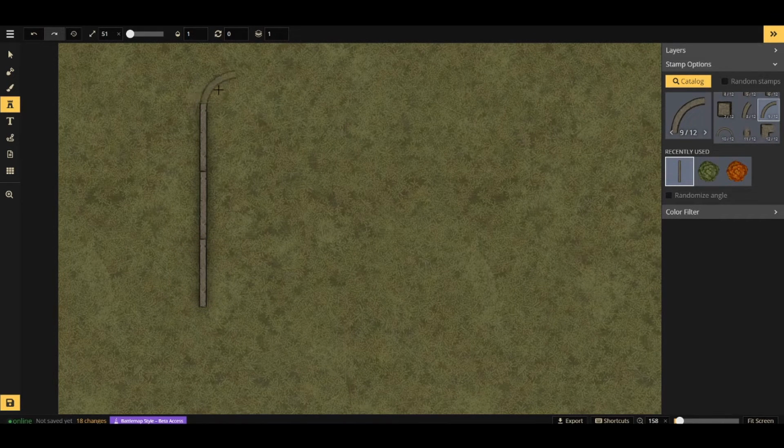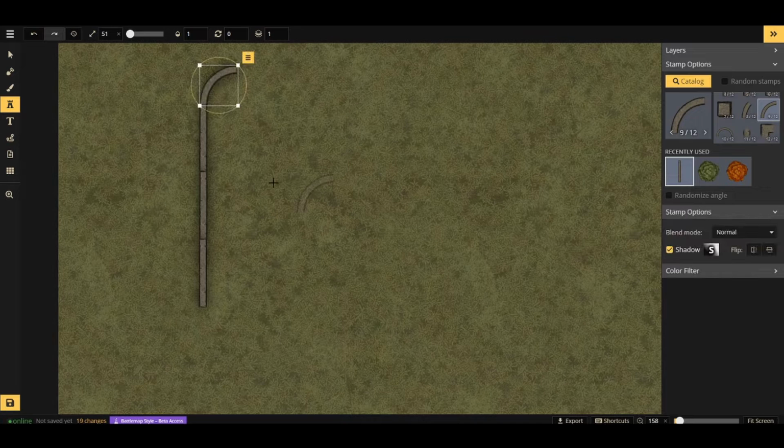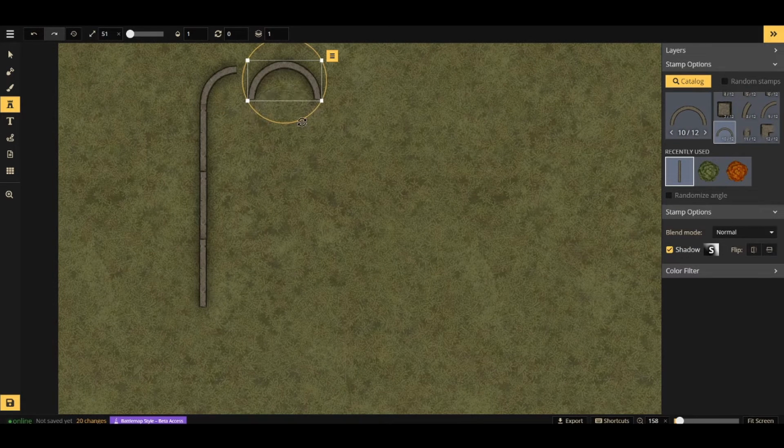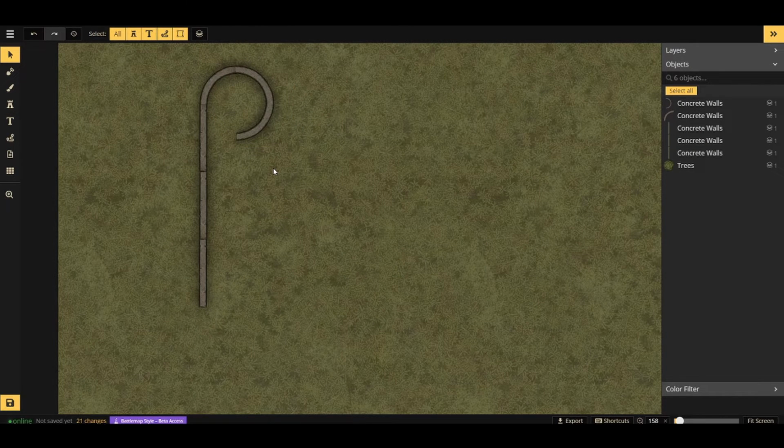So if I wanted to add a circular bit here, I could do it by selecting it over here, and then if I wanted to put one here, I would have to do it like so, and it's just very fiddly to get it correct. So it's not great at the moment, but as I said, it is something they're going to change in the future. So if you can manage this for the moment, hopefully it won't take them too long to actually add a